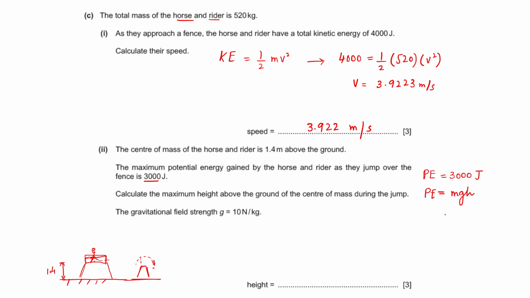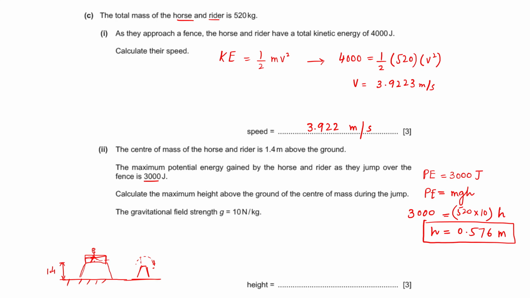So m, mass and weight, so 520 multiplied by acceleration due to gravity is 10, and height is something we need to calculate. And if we calculate the height, we can estimate the overall height from the, so height from here is around 5.767 meters. So this is the height that is gained because of the gain in potential energy or jumping over